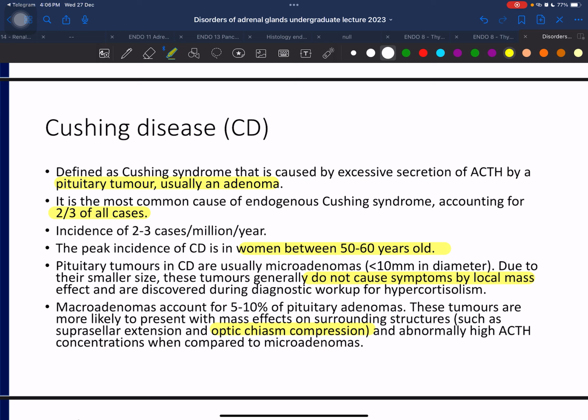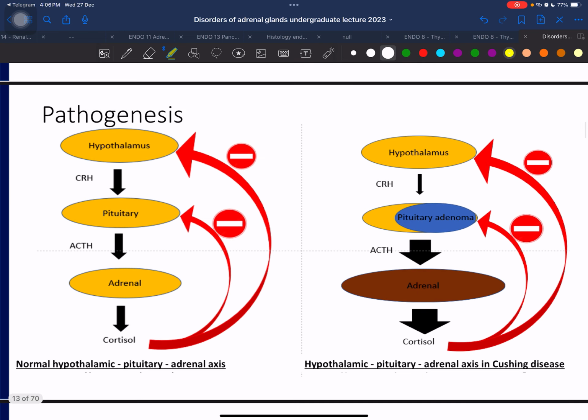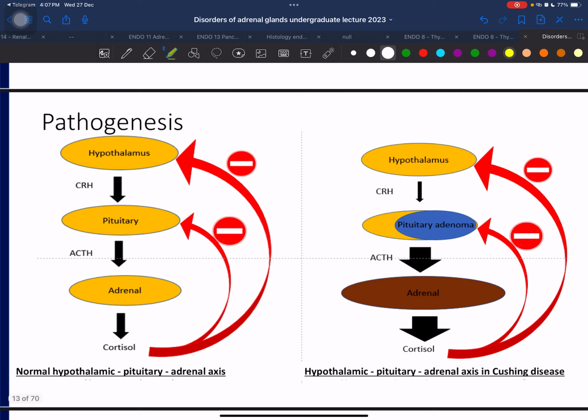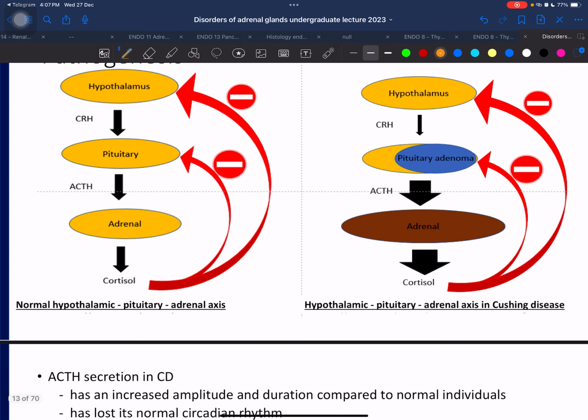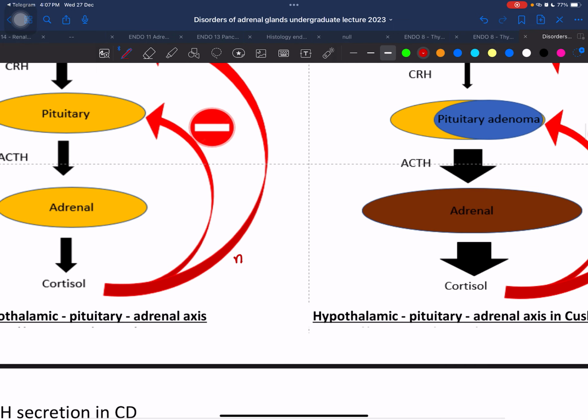Okay, so I just want to show you, this is my own very simple diagram. You'll find nicer diagrams in the textbook, but this is what I've drawn myself. So this is the normal condition, yeah? You have the hypothalamus producing your corticotropin releasing hormone, stimulating the anterior pituitary gland to produce ACTH, right? ACTH stimulates the adrenal glands to produce cortisol. Now when cortisol level is very high, it exerts a negative feedback on the pituitary gland. It says, stop, I have too much cortisol, stop. So the pituitary gland will reduce the ACTH production.